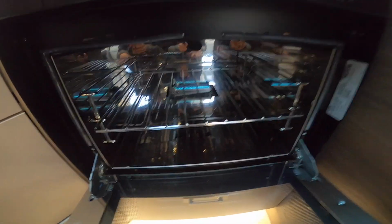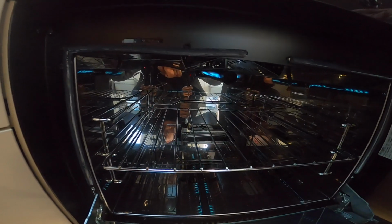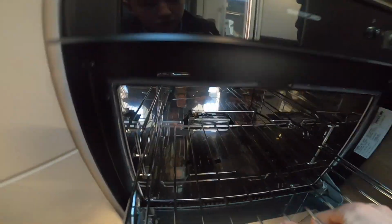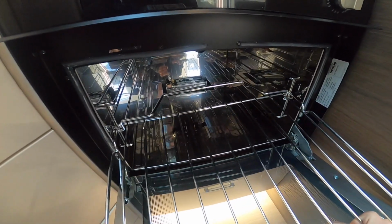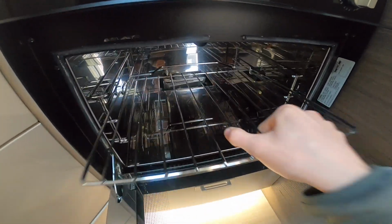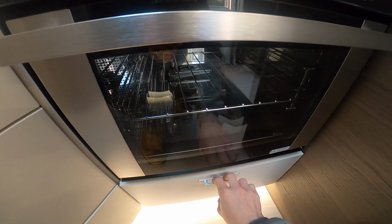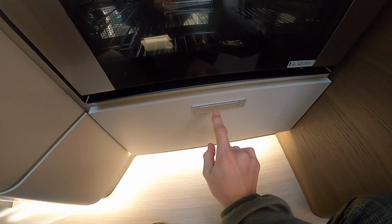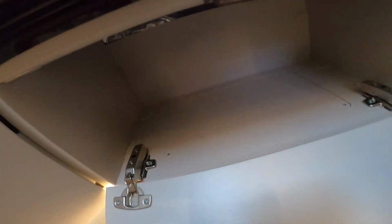And in the kitchen area, you've got your lit oven, and above your grill. With the oven shelf, you always want to make sure that the funny shape is at the back, which stops the burner from being blocked. And you might want to take your oven shelves and grill pan out when travelling. Your catches, so to lock, you'd push them in, push them out, use the handle, obviously pull the door front down. You've got storage under here,